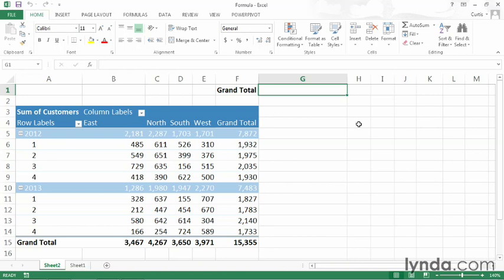Pivot tables are extremely flexible and powerful tools inside of Excel. In fact, many times, you'll probably find a summary value or calculation inside of a pivot table that you'd like to use in a formula. In this movie, I will show you how to use pivot table values inside of a formula using the GETPIVOTDATA